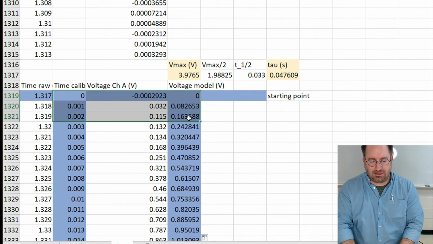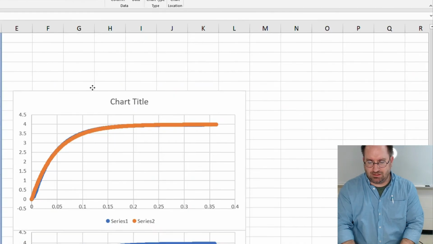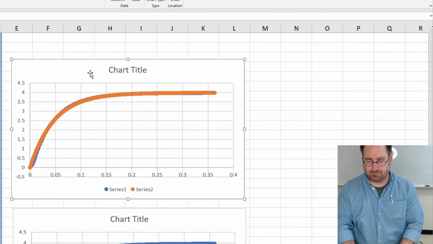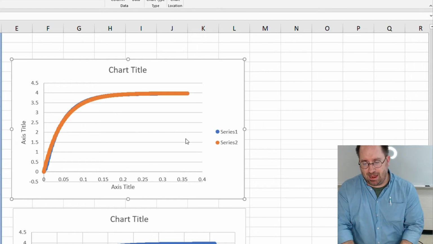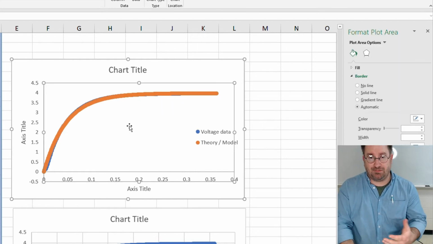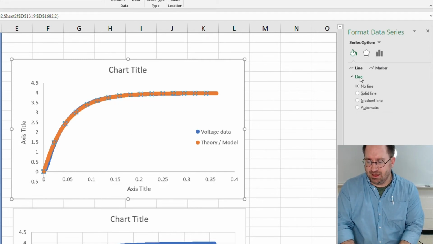So let's highlight the data and go as far down as we can, and now you can see both of those are on there. Quick layout in order to get the axes in place, and now what we need to do is clean up our picture here. So we have data and we have a model sitting on top of the data. And they're not very easy to distinguish, especially if you print this out. So what is usually done is, for models, you click on the data, you come over here to the marker, and you click on